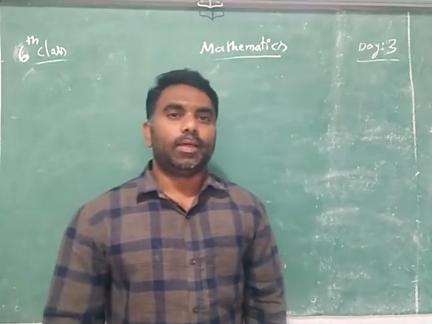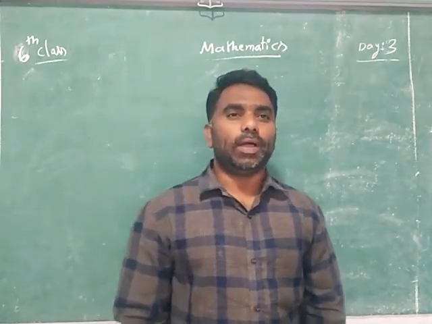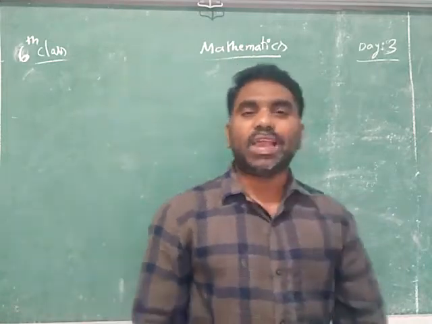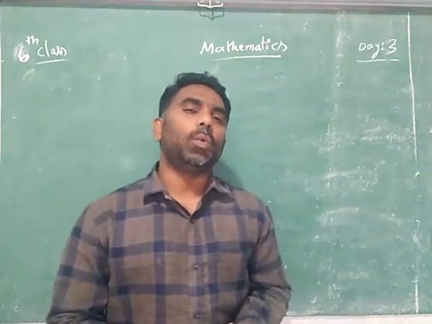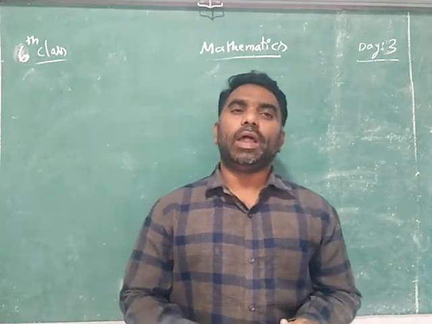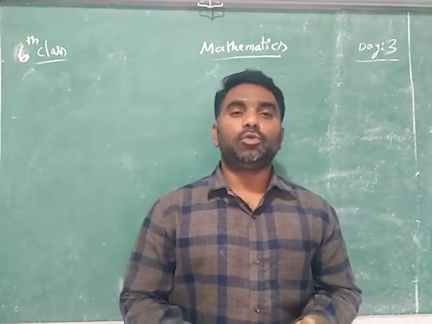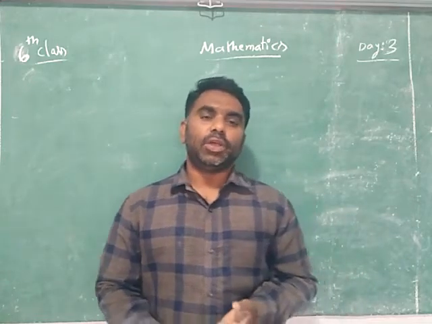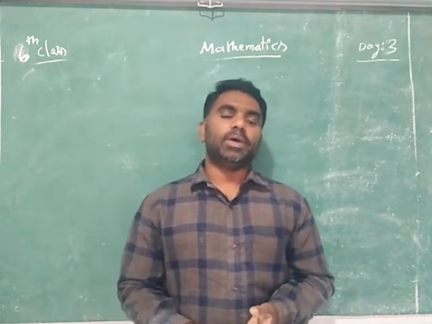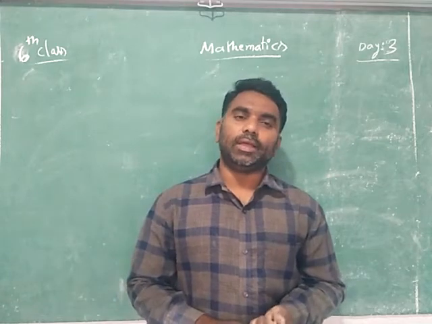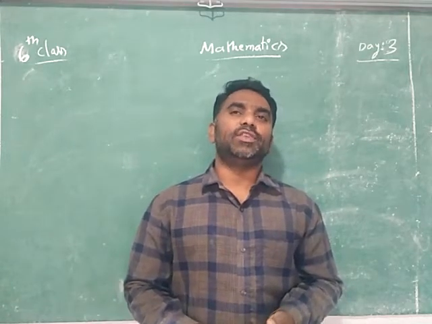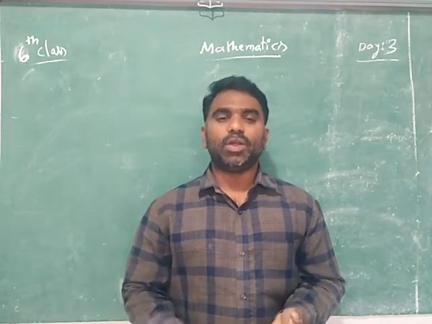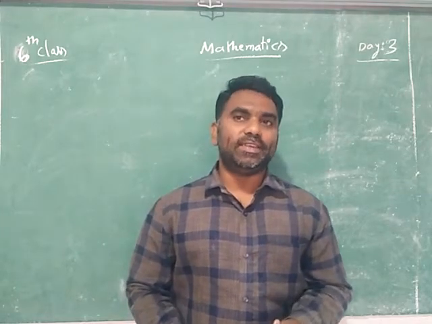Today we are going to discuss the face value system: face value, place value, expanded form and short form up to 5 digit numbers. Because in the last classes you have learned only the numbers up to 5 digits. You didn't learn the numbers which have 6 digits, 7 digits, 8 digits, 9 digits, but only up to 5 digit numbers.